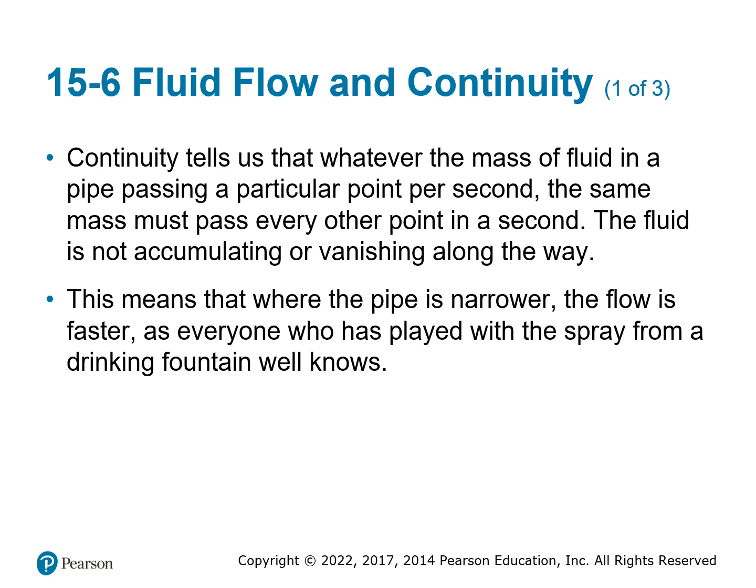So where a pipe is narrower, the flow is actually going to be faster. Right? Think of playing with a hose. Right? If you just hold the hose straight out, the water's not going to go as fast. You put your thumb over it, then you're going to make it go really, really fast. So the narrower the pipe, the faster the flow is going to be.